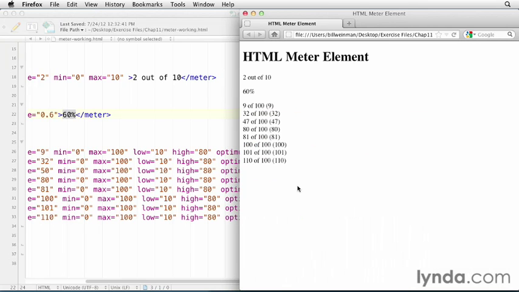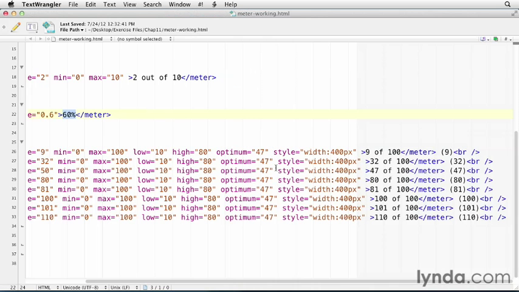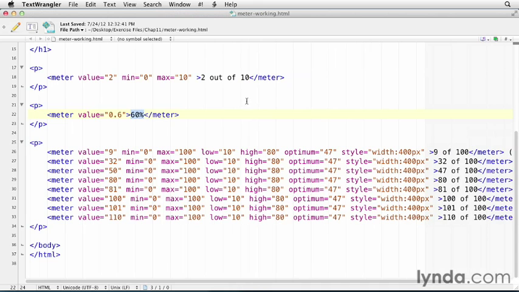And so these are all just displaying what's inside of the element. Most browsers will display what's inside of an element, even if that element is not supported by the browser. So they won't do the function that that element is designed to do, but they'll show you the text as like an alternative text. And so by putting values inside of that, you're basically giving alternative content to browsers that